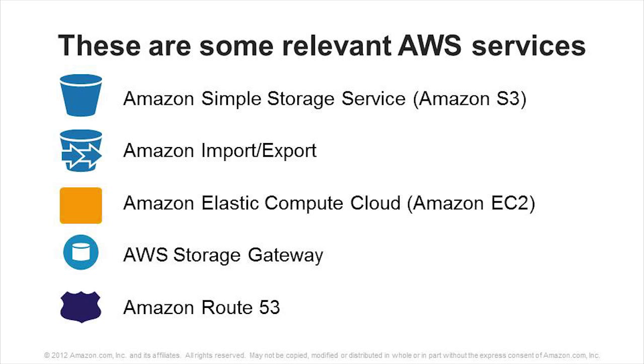I'm going to mention a number of different AWS services today, and I'm not going to go into great detail about any of them. I do just want to establish the vocabulary up front so that you do know what I'm talking about. We're going to be talking about the Simple Storage Service, often known as Amazon S3. We'll talk about Import/Export, the ability for you to mail data to us on a number of different storage devices and have us import it into the cloud for you at internal network speeds. I'll be referring to Amazon EC2, the Elastic Compute Cloud, which gives you the ability to launch virtual instances on currently 11 different instance types with varying amounts of CPU power, RAM, network connectivity, and so forth.